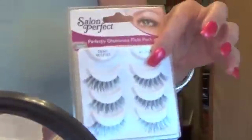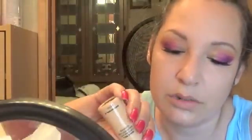And then curling my lashes and using my Maybelline Star Wars mascara. I always do that before I put on my lashes. And I'm doing my bottom lashes. And then I'm going to go ahead and off camera do my brows and apply my demi wispies. There they go. And then here to the face makeup, and I'm using the Bare Skin by Bare Minerals,